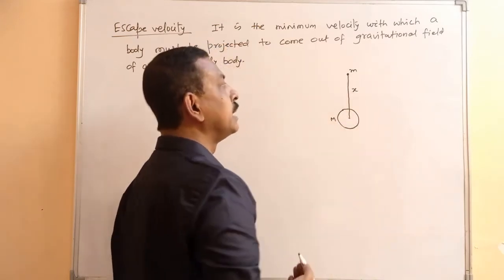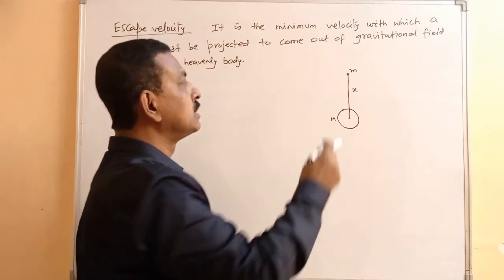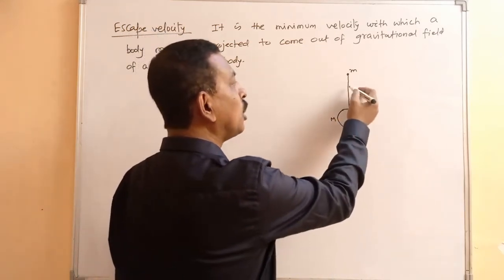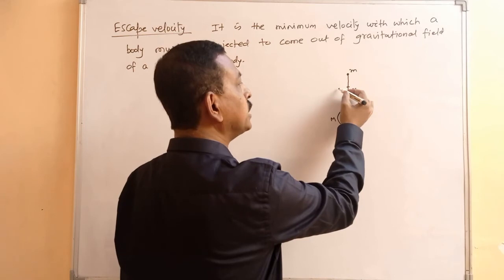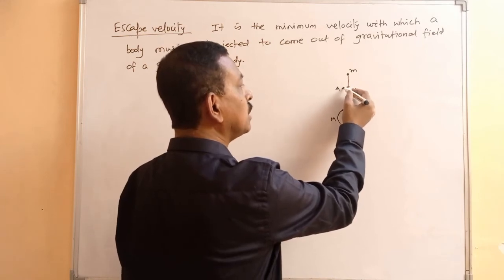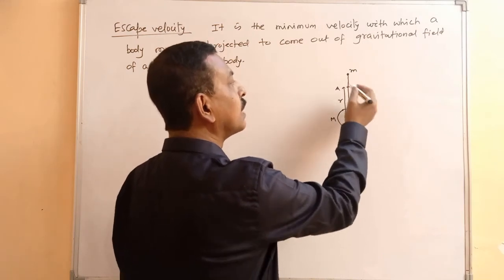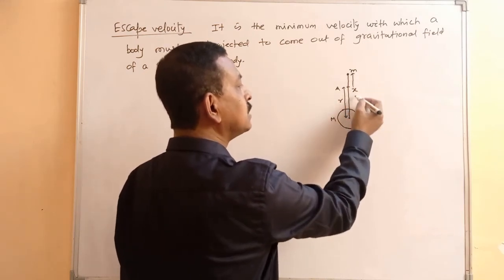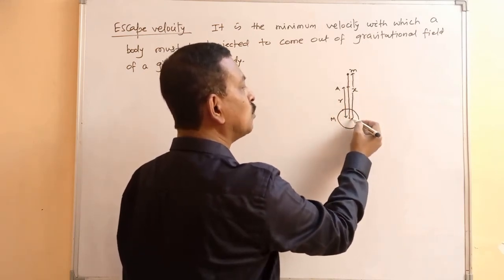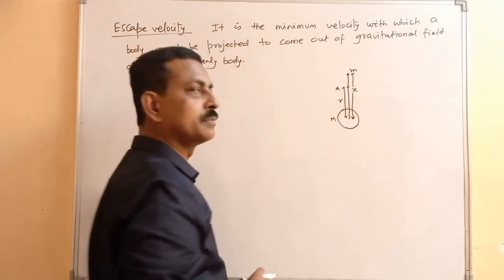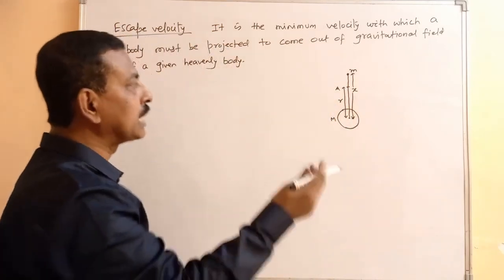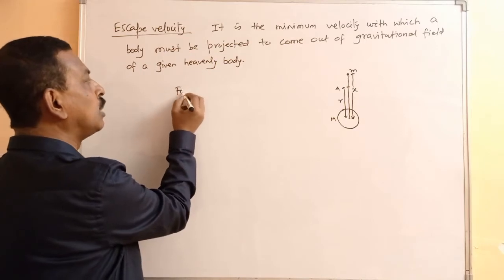So here we consider that we want its escape velocity from a particular point A at a distance r, and x is the position of the body at any particular moment. So again, in the same way, if you do force